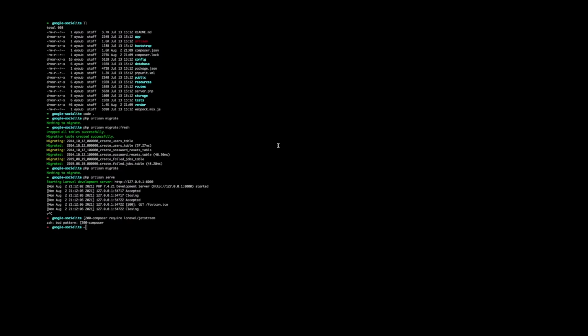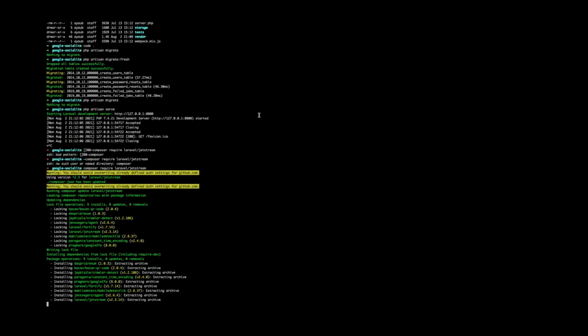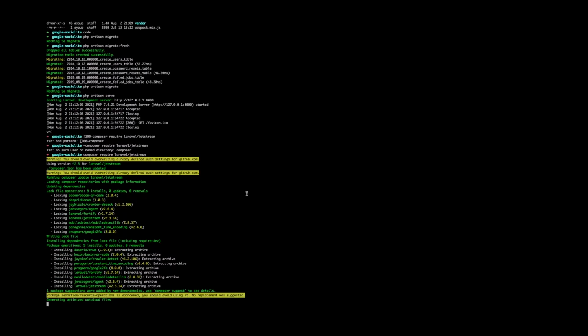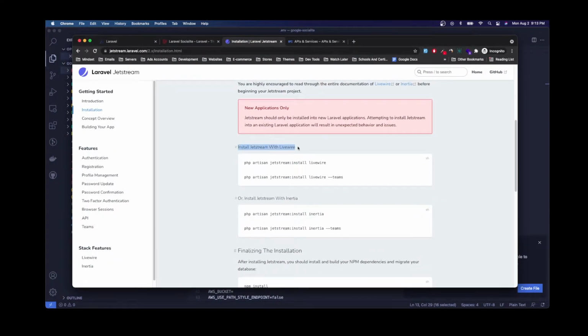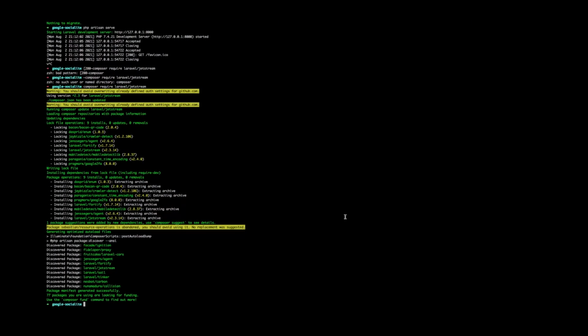I'm going to run composer require laravel/jetstream. Okay, that's weird. Fine, it's installed. I'm going to follow those instructions. Install this with Inertia. And I'm going to use the Teams feature in this installation,